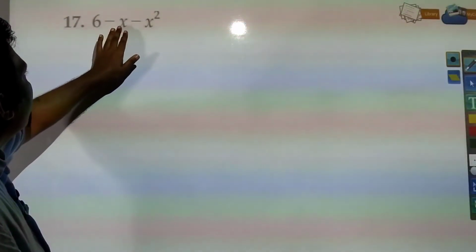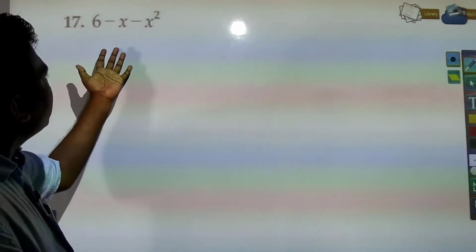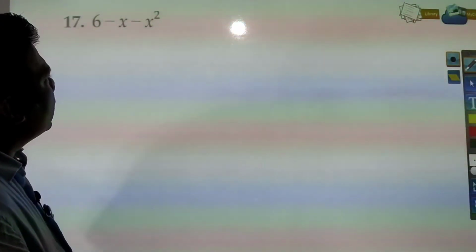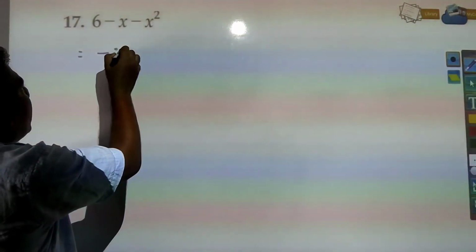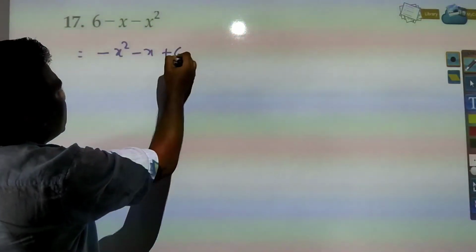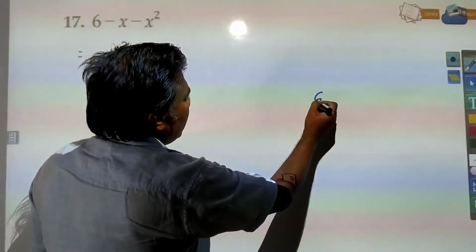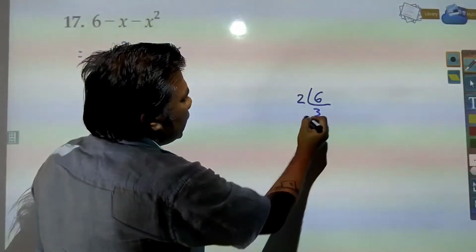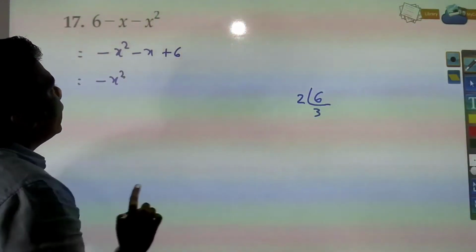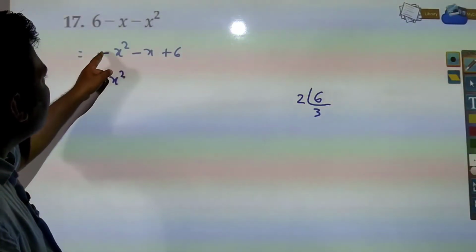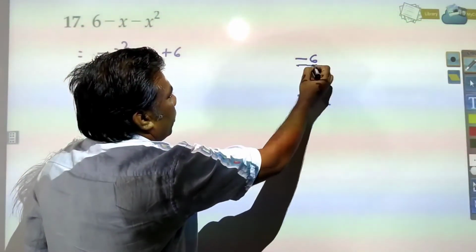you have 6 minus x square. Directly in this way also it can be solved, or you can rearrange and again you can solve this. So if you are rearranging, it will be minus x square minus x plus 6, or directly also it could be done. Now here you have 6. 6 can be factorized, 2 3s are 6. So it can be written as minus x square. Here you need to understand, here you see minus 1 you have into plus 1. Plus 6 means minus 6 you should get product.